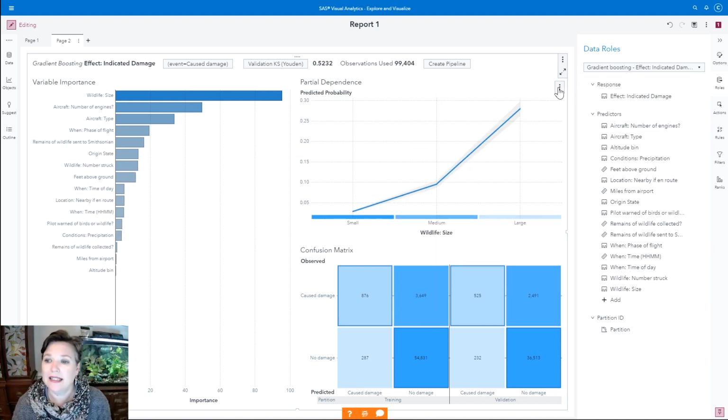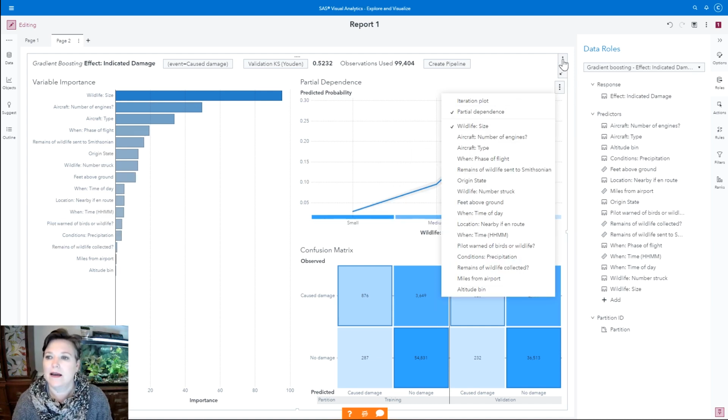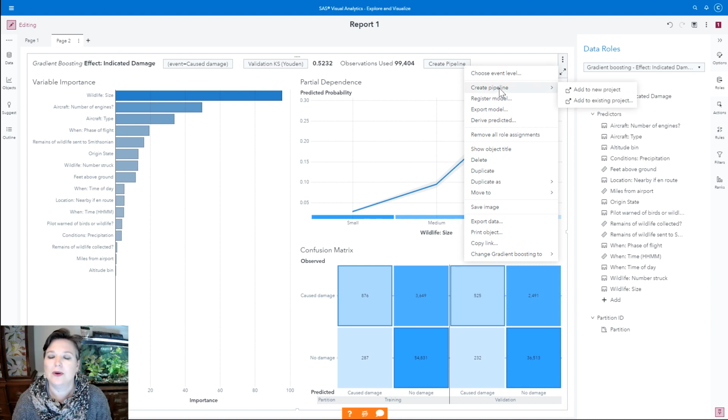It definitely looks like en route, descent, and climb are where we have the highest probability of damage to the aircraft. The next thing I'm going to do is move this over to a pipeline. So I say, okay, I've played around with this enough. I have a model that I think I might want to try to do some scoring with. But I'm also going to need to bring along any data manipulation or data management stuff that I did in VA. And I also might need to do some additional pre or post processing to my model in sort of a pipeline approach. And I need to keep that score code all the way down.